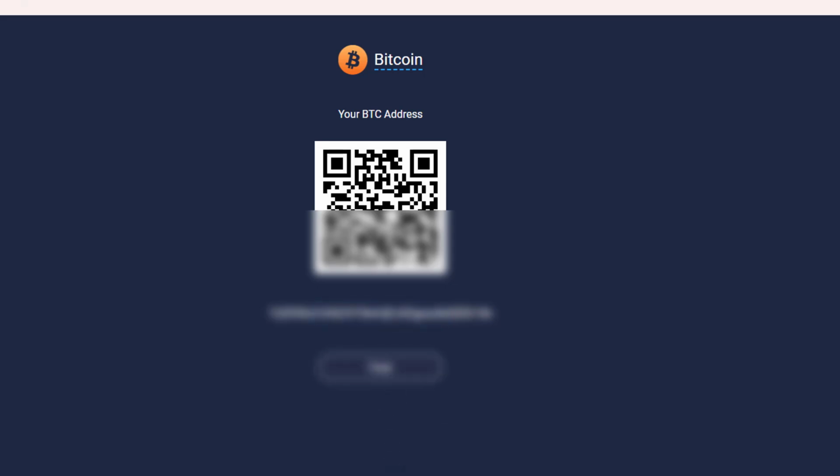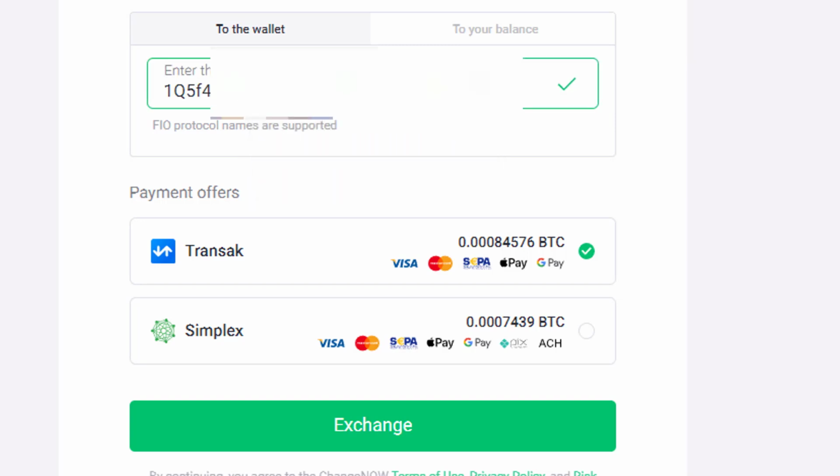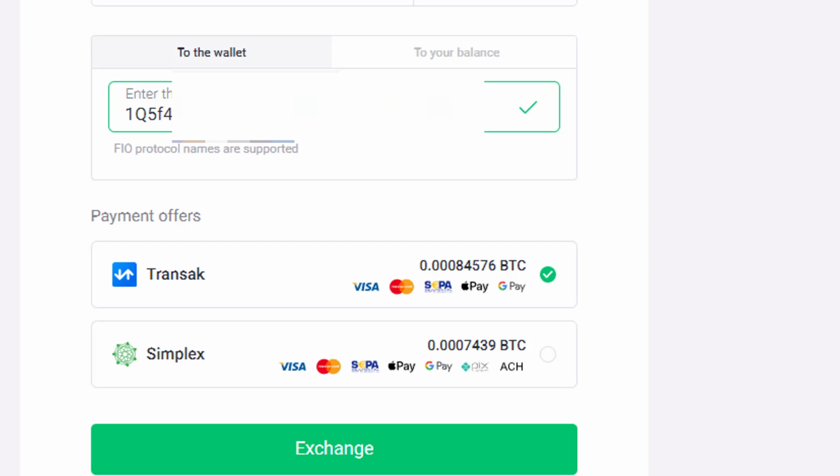I'm going to bring it back over to Change Now and paste, and again, I'll blank out enough information. Now, I always like to double check. I like to look at the first 4 or 5 digits on the front end and compare that to the wallet address I just copied. Make sure that's correct. Then I also like to look at the last 4 or 5 digits on the back end, just to make sure. All right, and it is the same.